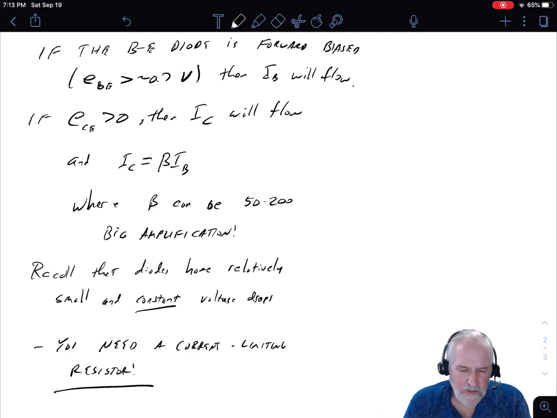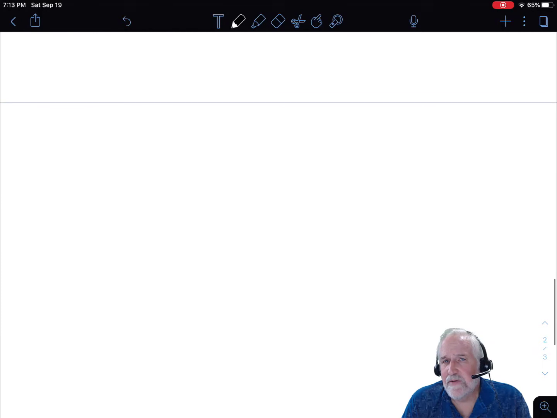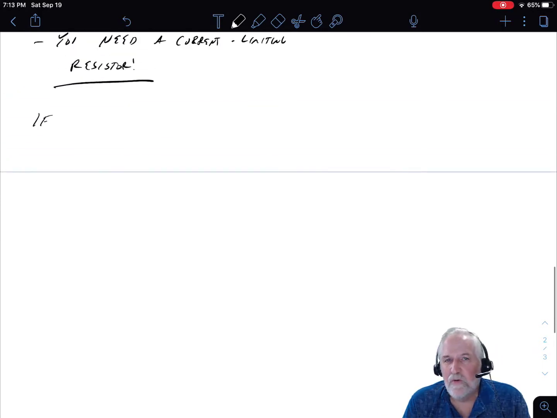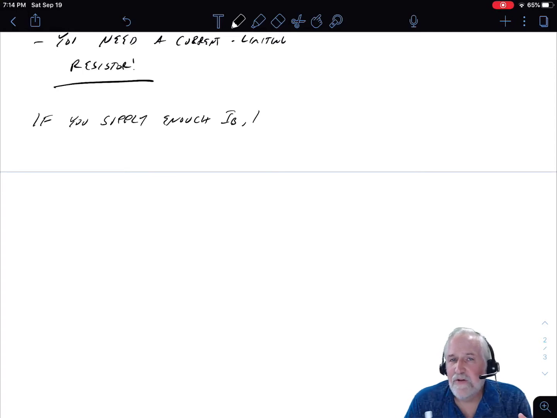So you need a current limiting resistor, just like with an LED. The LED resistor is usually a 220 or 330 ohm. In these cases, you'll see 1K to 10K ohms is a very, very common resistor. Whether or not that's the best choice is something you're going to need to take into consideration if you're designing a circuit around it. You need to supply enough current to accomplish what you want to do, but not so much that it